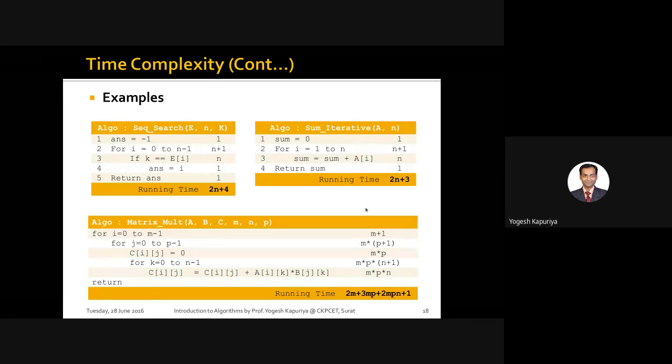Let us focus on the next algorithm. This is something which we have already seen while discussing space complexity. It is an iterative sum. Iterative sum means you are given an array A of size n, and you want to find out the sum of all elements of that particular array. So that is my objective. The simplest approach is you start your sum value with 0, traverse through the entire array, and add every element to that sum variable.